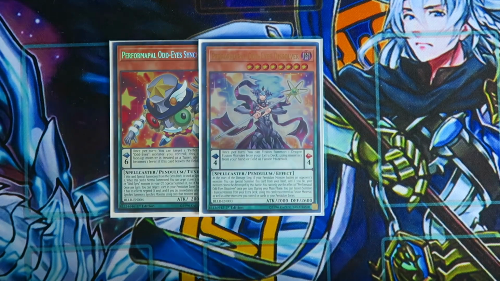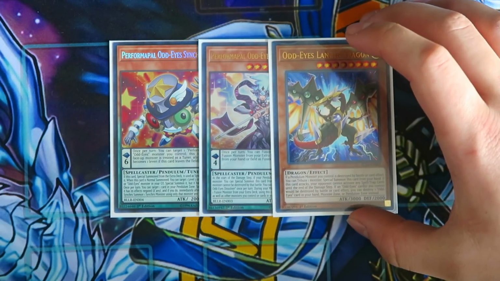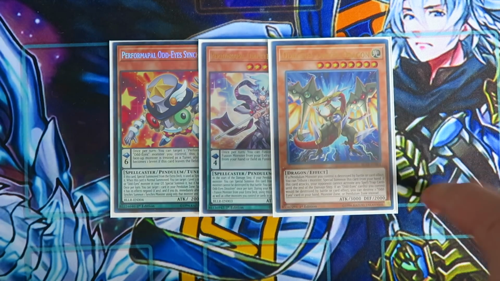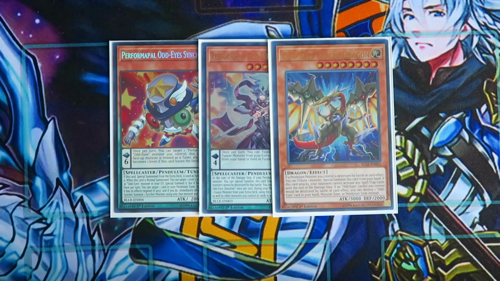And the last Odd Eyes monster you're playing in the deck is, of course, Odd Eyes Lancer Dragon. If a Pendulum monster you control is destroyed by battle or card effect, you can special summon this card from your hand. You actually do not use its primary effect to special summon itself like that. Most of the time you're able to bring out this card directly from the deck using the Odd Eyes